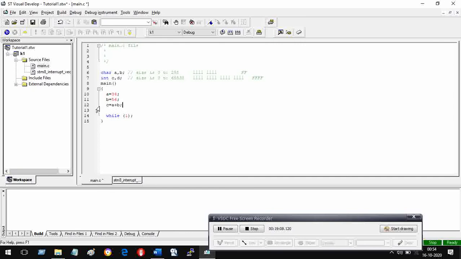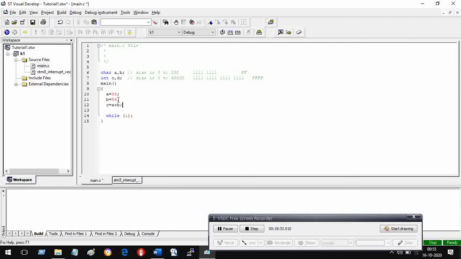What does this statement really mean, or any of these statements? It means that first A and B are added and the resulting value is assigned to C. So this is not an algebraic equation, in the sense that you cannot say A is equal to C minus B. Sorry, A is equal to B minus C. You cannot say that.